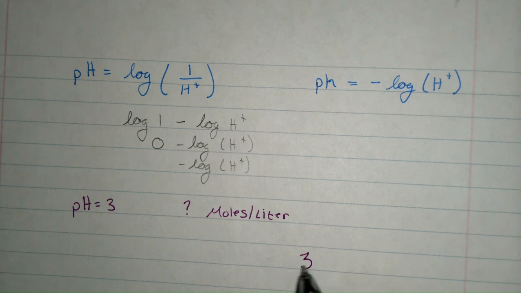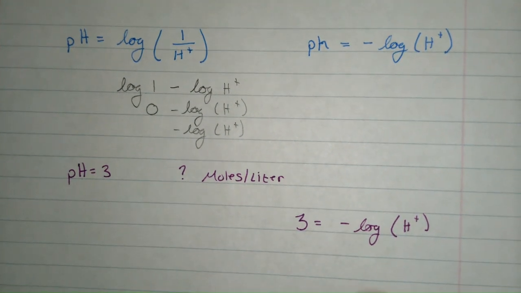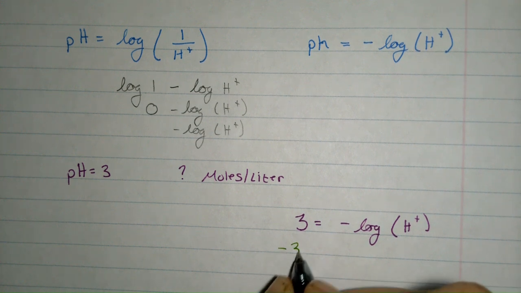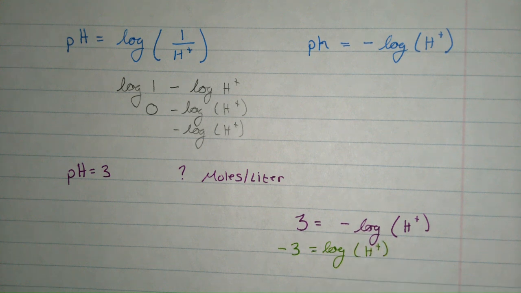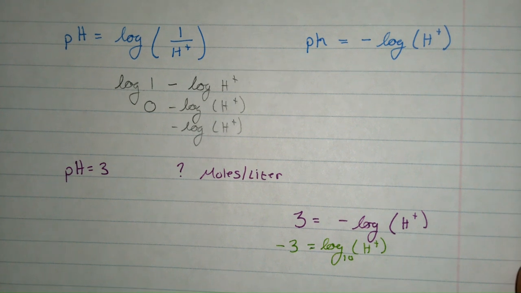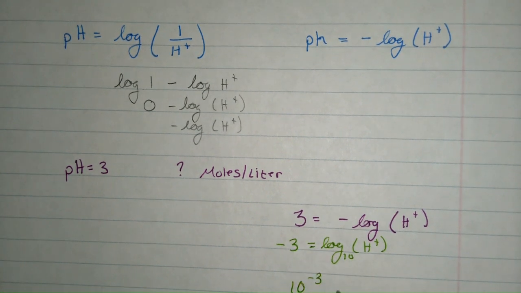So substitute 3 for my pH. I need to get rid of that negative sign, so I'm going to make this negative 3 equals log of H plus. Remember, my base is 10, so to solve for the hydrogen atoms, I need to put it back in exponential form. So 10 to the negative third is the number of hydrogen atoms we have,